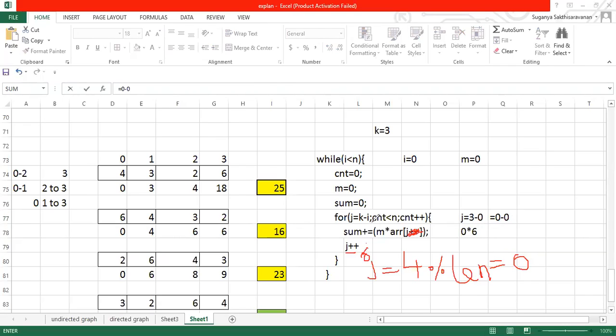Sorry, initialization never happens. Sorry for it. Initialization is never going to happen. Just give me a minute. So you're going to have the condition come directly inside. So what happened? The M value might have become 1. Just imagine the J value is incremented and the M value is also incremented. Your M value becomes 1, and your J value is reassigned with 4 modulo the length of it. So what is the value here? We'll be getting 0. So the value in the 0th position will be fetched. It is 4.